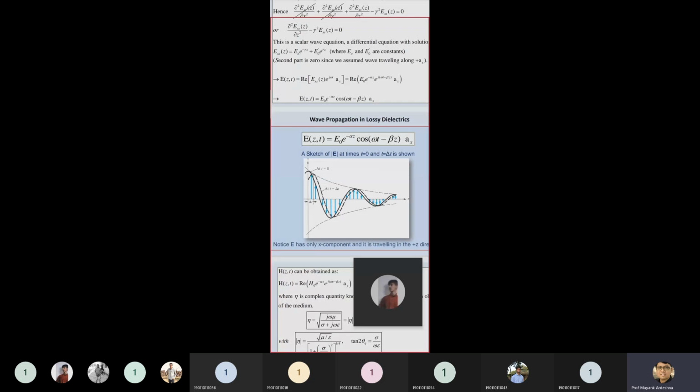Now concentrate on this equation. E0 is the magnitude and it is multiplied with e raised to minus alpha z. Alpha is also constant, z is also constant. It means it has a constant value. E0 e raised to minus alpha z is the constant value. But it is multiplied with cos omega t minus beta z. Either you can consider cos or maybe sine, both are valid answers. If you see these signals, which are also shown in graphical form, they have a positive z direction and time varying nature, and the amplitude decreases exponentially with distance.